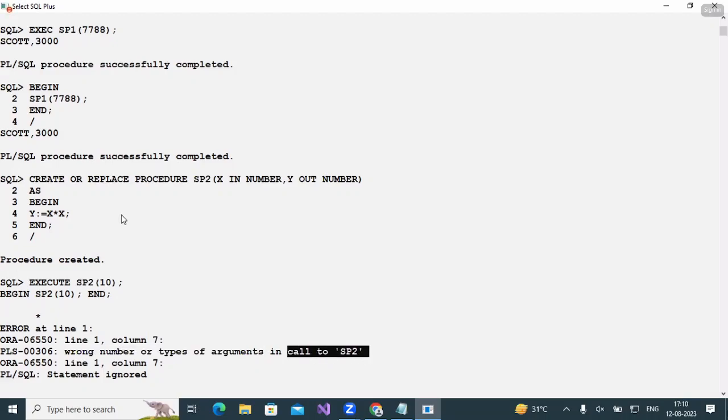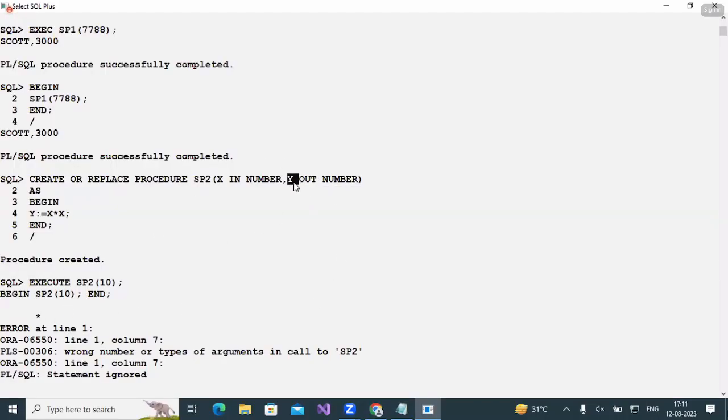SP2. Okay. But sir, why is it OUT? How can I give an out value? An IN value means I can give it anything. But why is it an OUT type, a return type? How can I give a return value? Yes or no? So that is impossible. We are not giving the return value. The return value is given only by the system. That's why, for matching purposes,